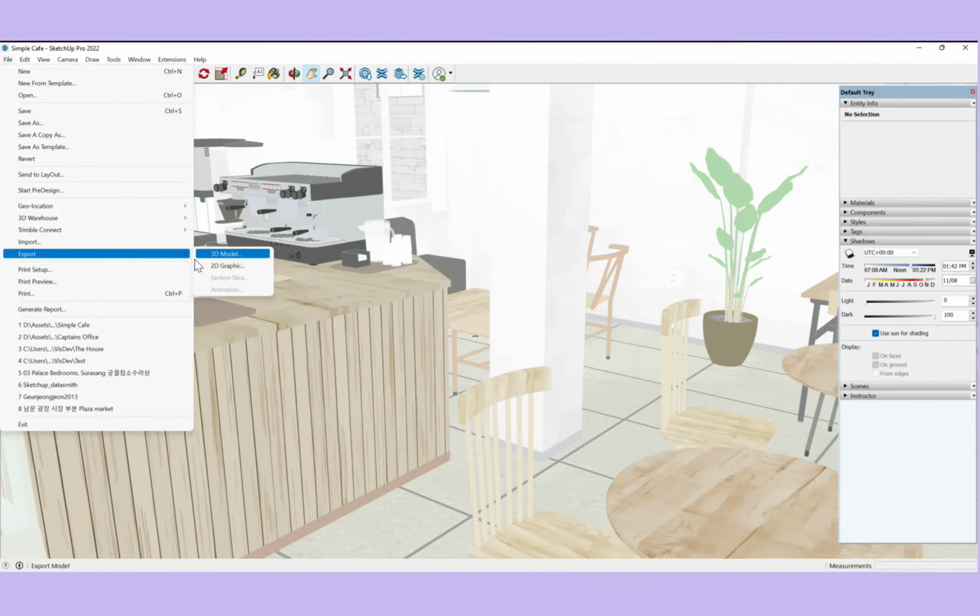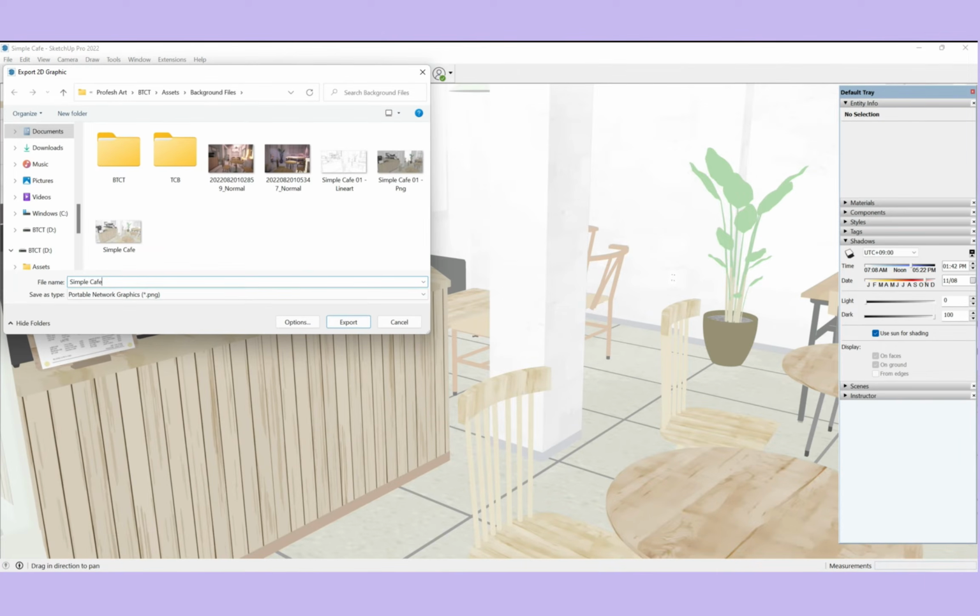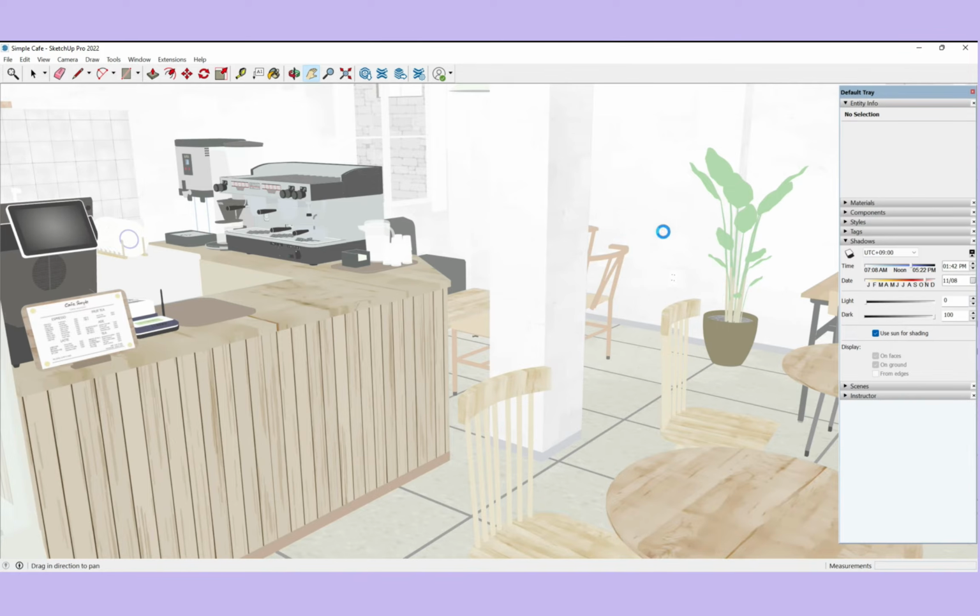So then we're going to go to File, Export 2D Graphic. We're going to, again, name it 01 flat colors, and save it. And that'll save hopefully fast. And then the second thing we're going to do is save the shadows. And the way we do that